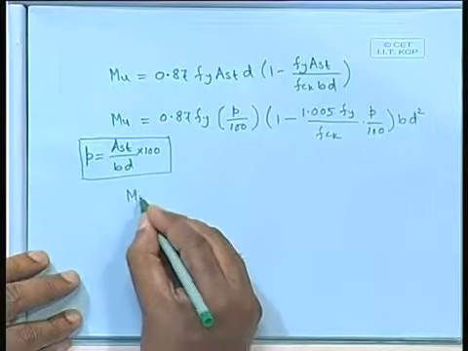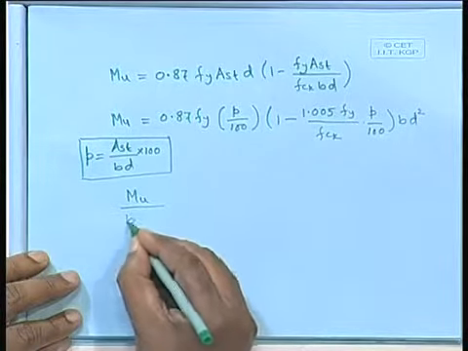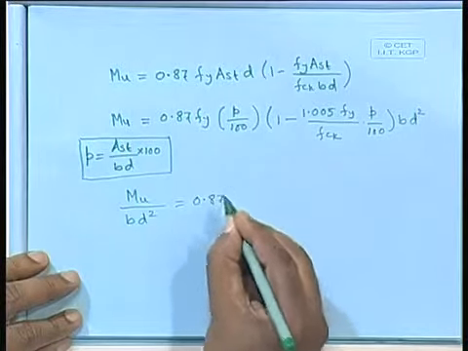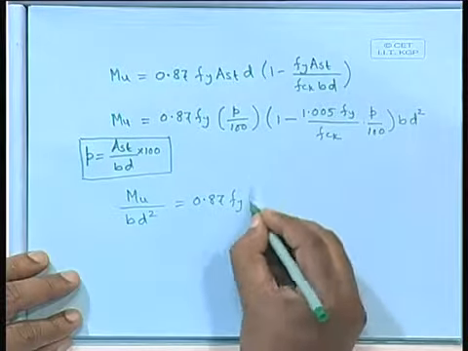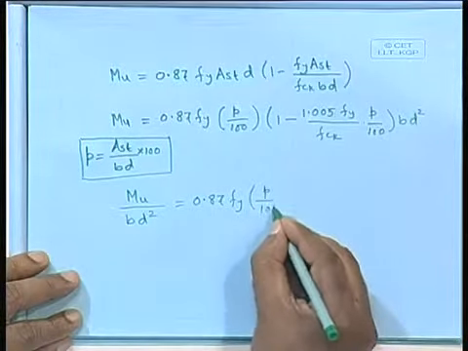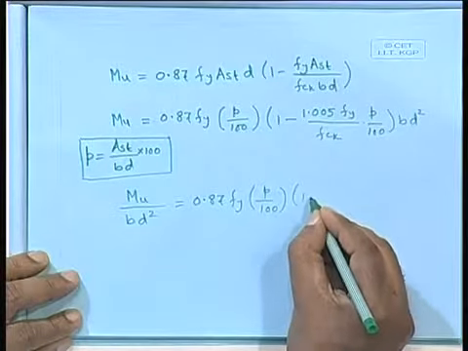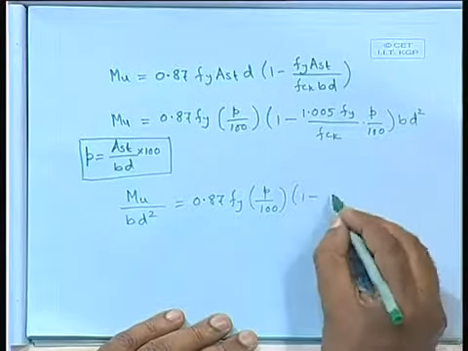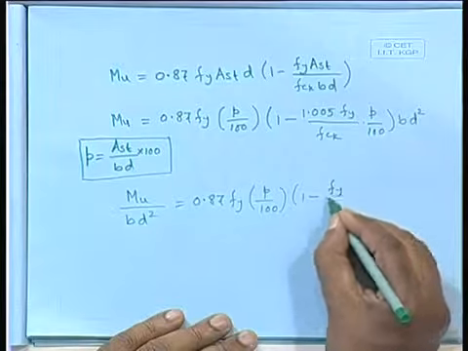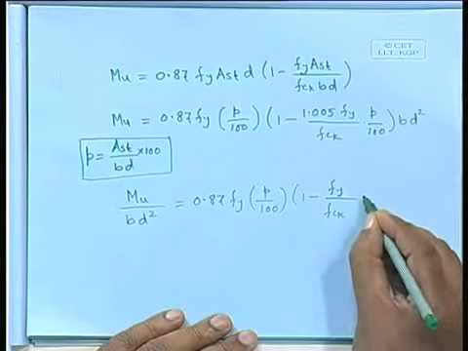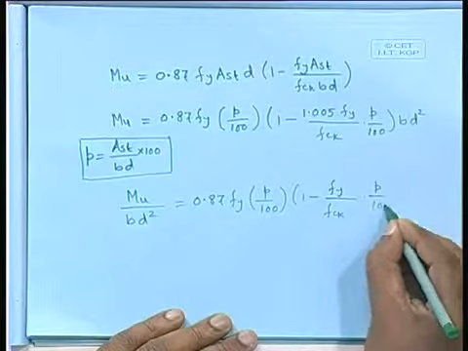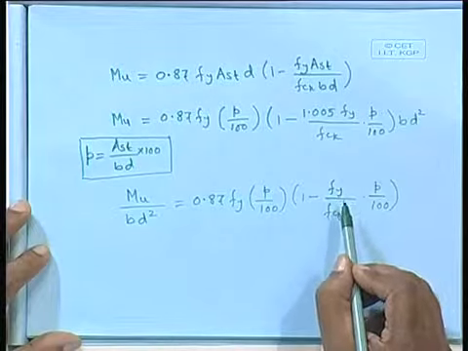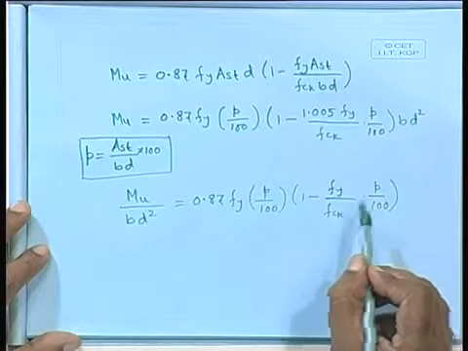We generally write down in this fashion Mu by Bd square equal to 0.87 Fy P by 100 multiplied by 1 minus Fy by Fck into P by 100. Here again I can omit this 1.005, ignore that. So, for a particular grade of steel and percentage of steel given, we can find out